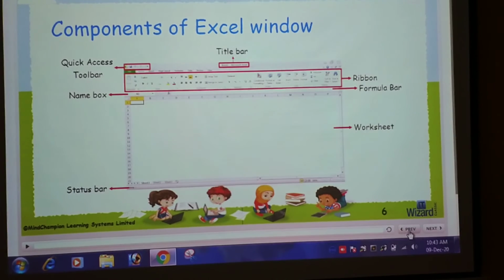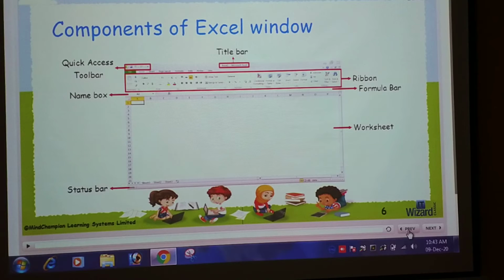The quick access toolbar is on the left side of the title bar. It provides icons for commonly used commands like undo, redo, save. Now ribbon. Ribbon is located just below the title bar. It is a group of tabs.